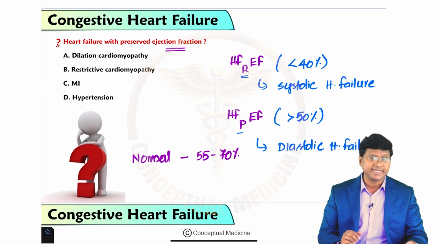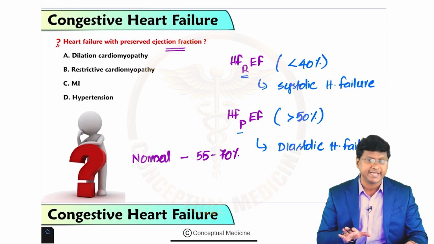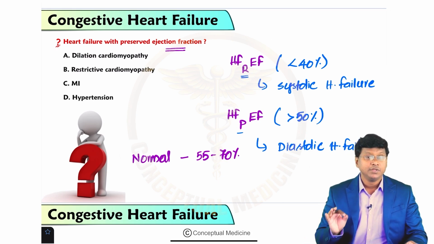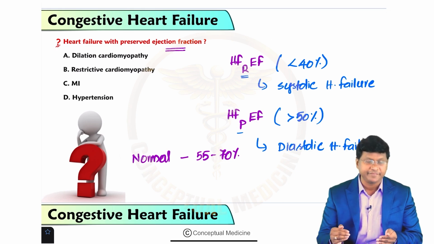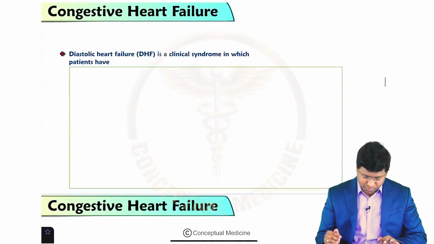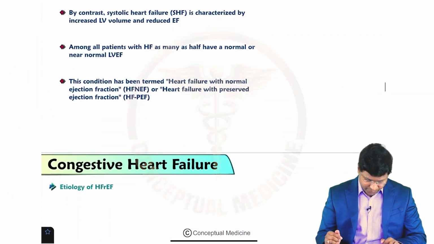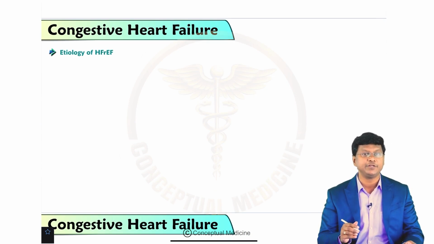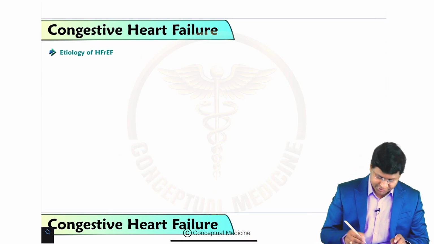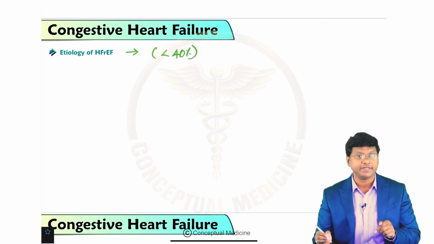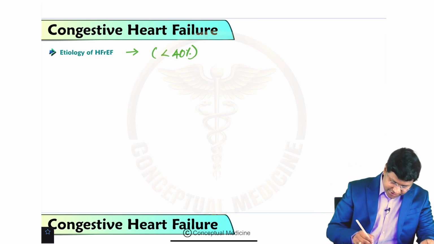Now what are the etiologies of HFrEF and what are the etiologies of HFpEF? If you take the etiology of HFrEF, that is heart failure with reduced ejection fraction, here the ejection fraction is how much? Less than 40%. And these etiologies include